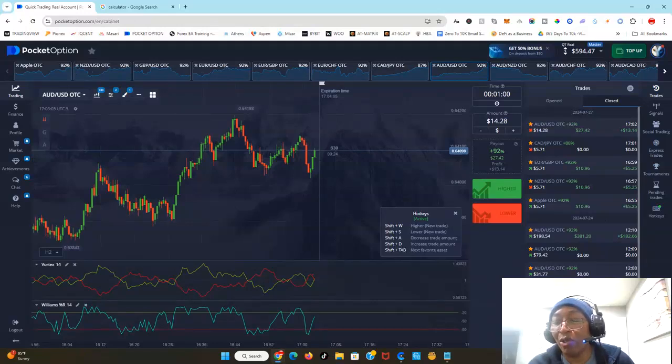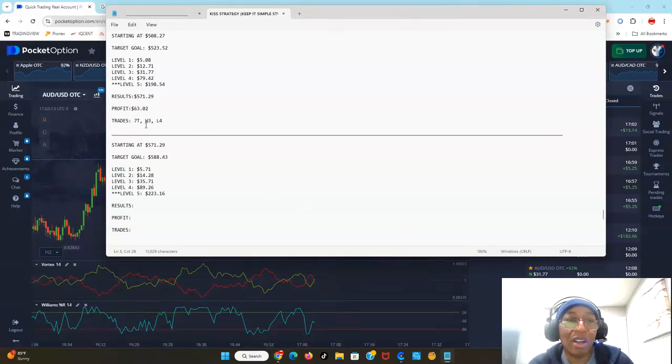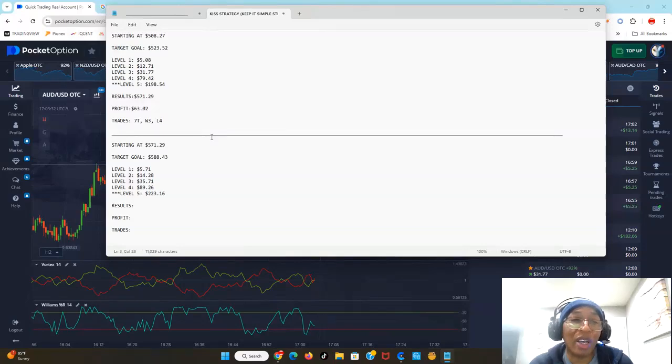Some of our trades, if you watch our previous trades like this one here, you could see we had a lot of losses. If you go back to our summary, you can see we took 7 trades, we won 3, lost 4. That was a previous session, and we still made our goal. Why? Because we follow our KISS strategy. Now here we are using a more advanced strategy where we are using the KISS strategy plus 2 very, very simple indicators, the Vortex and the William indicator.